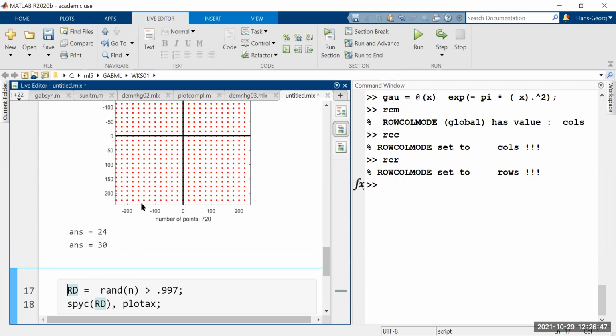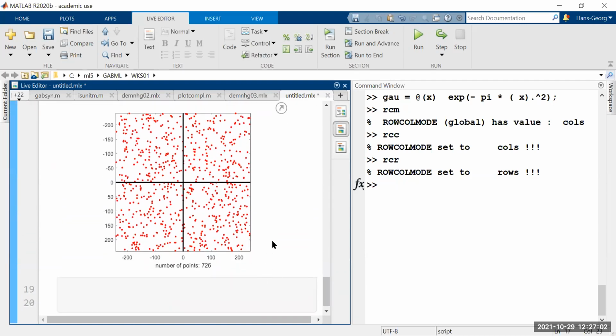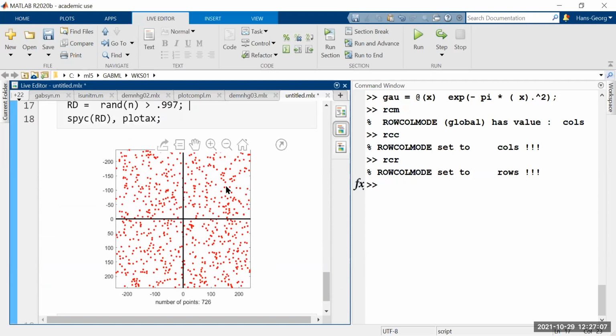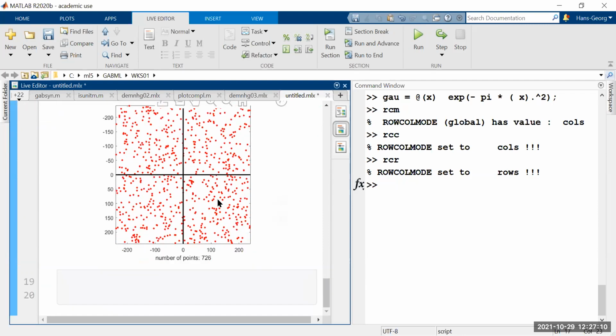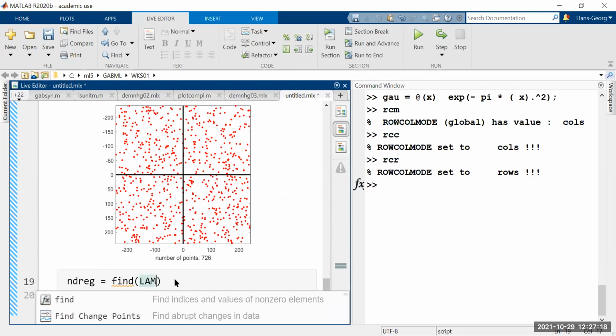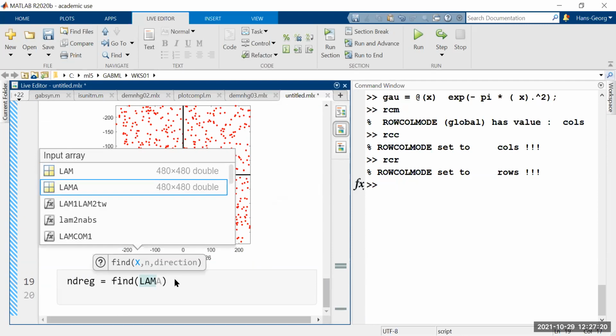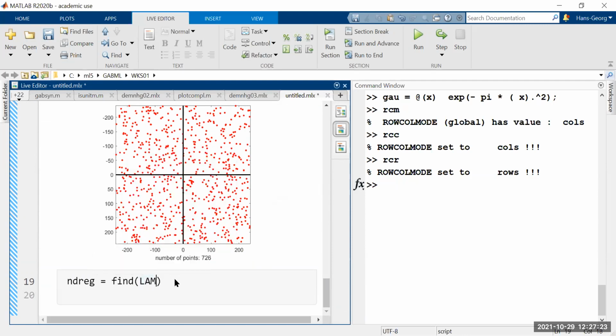The complementary divisor is 30, and therefore I'm getting 30 points per column, and the product of those two numbers is of course 720. And by taking this threshold, I was getting, with kind of good luck, 726 points. So they're just spread out irregular. Now, if I want to have the regular one, I use find lum, then it tells me which are the MATLAB coordinates,